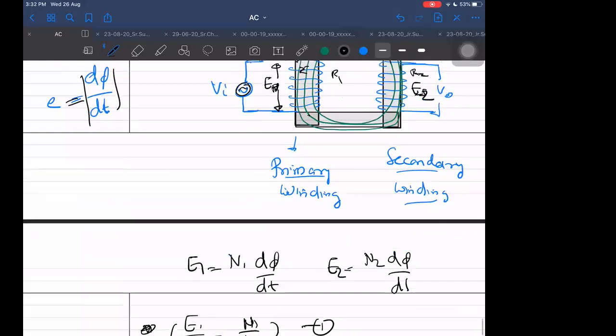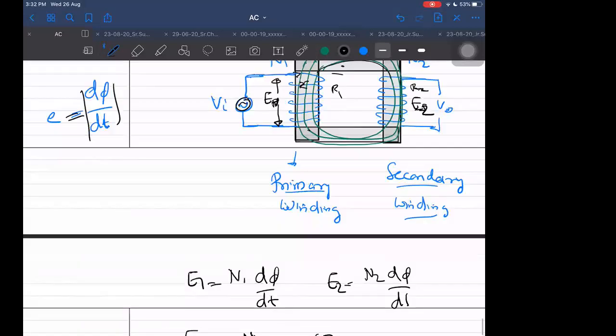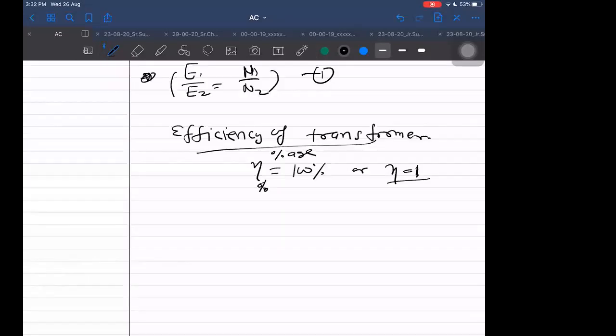Not EMF, I want to say that the power will not be reaching completely. So what is the power here? Power input will be, let us say, E1 into I1, and power output will be E2 into I2. If there is no loss anywhere for the time being, ideal case, then E1 I1 will be equal to E2 I2. Otherwise, if losses are there, then E2 I2 will be equal to eta times E1 I1. This is unit efficiency, not percentage efficiency. If it is percentage efficiency, then I have to divide by 100 also.